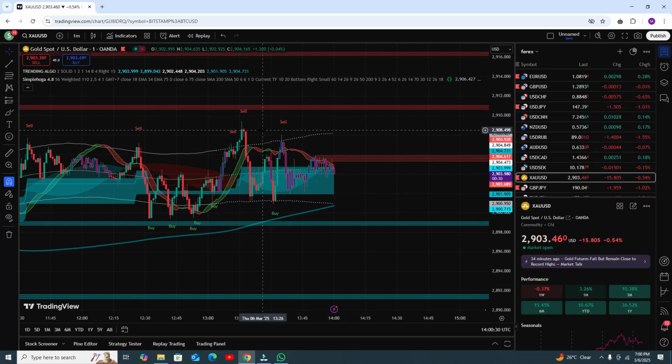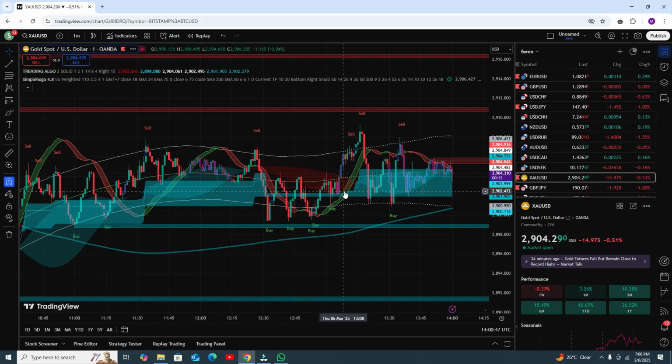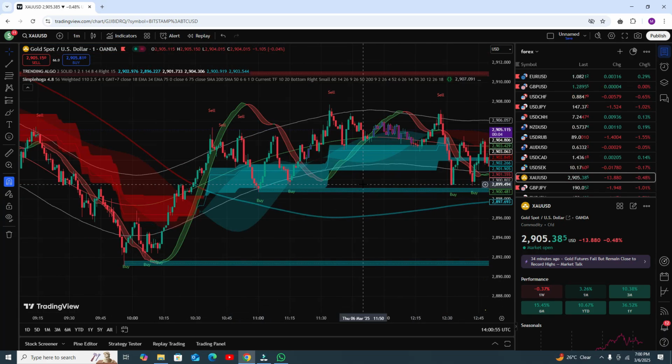Now we need to understand the weak signal as well. With a weak signal, there is a support and there is a resistance. When the market comes to the support line and the market is trending on the buy side, then you need to follow the buy signal and it will definitely give you profit. Like here,